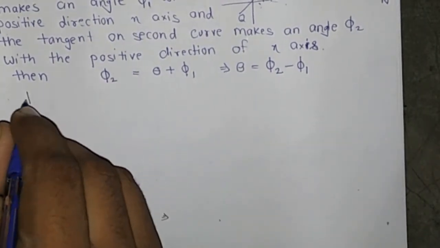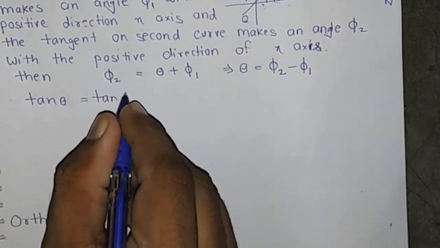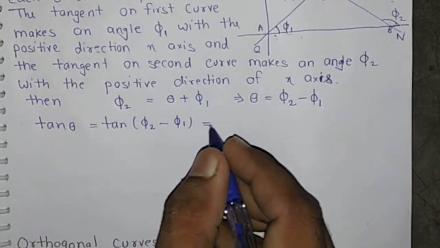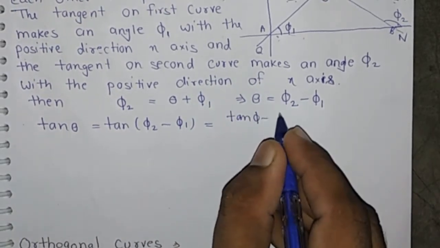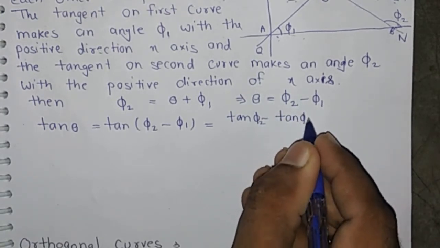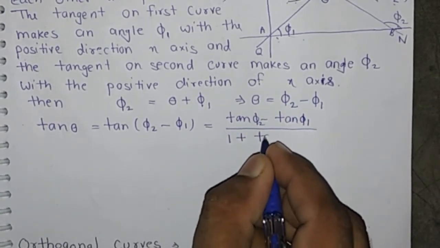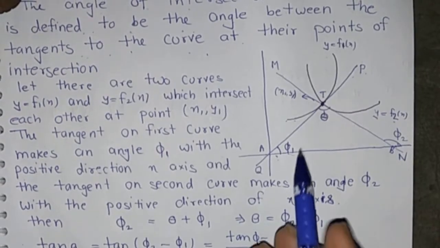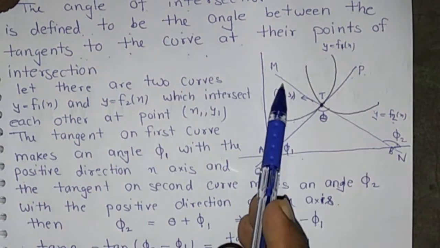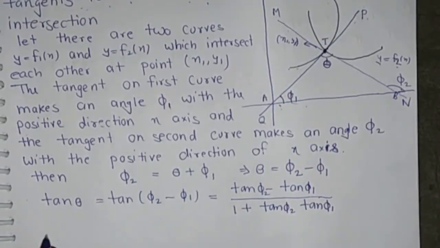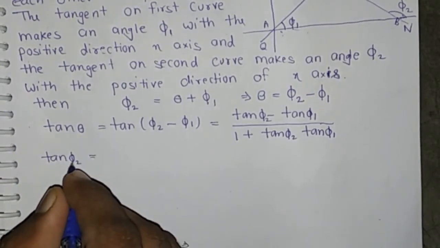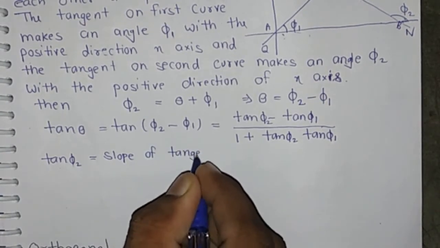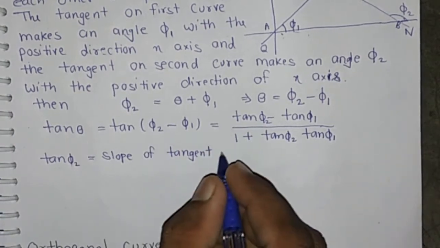Then tan theta equal tan of phi 2 minus phi 1, and we know that tan of A minus B is given by the formula tan A minus tan B by 1 plus tan A tan B. Tan phi 2 means slope of tangent MTN, means tan phi 2 is slope of tangent